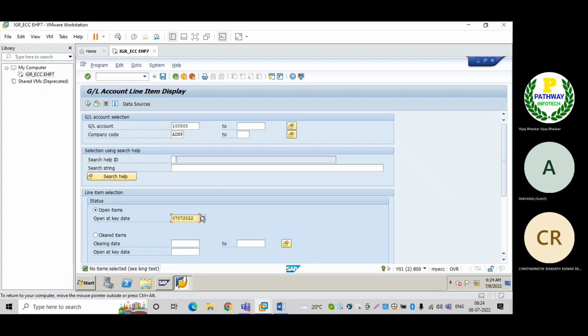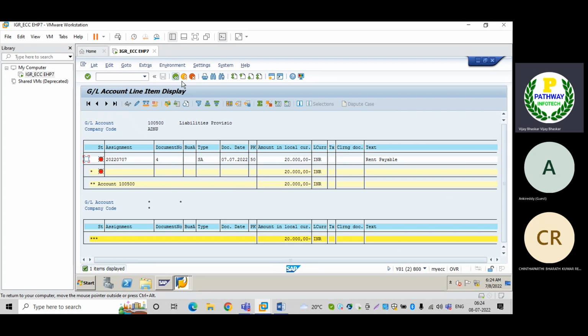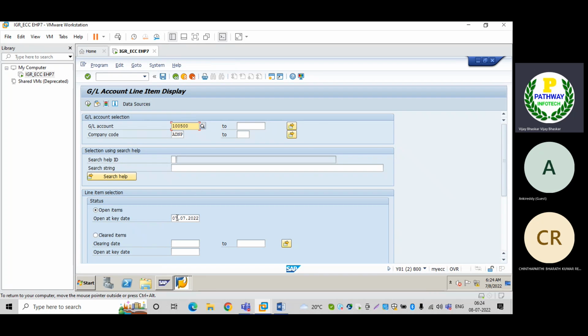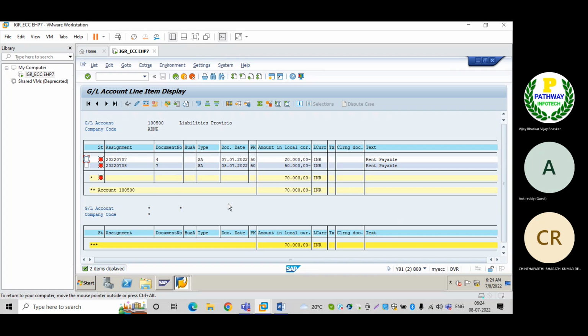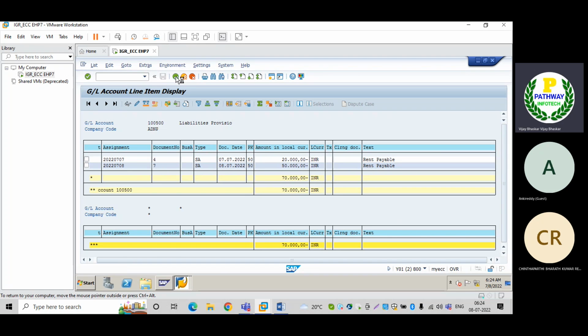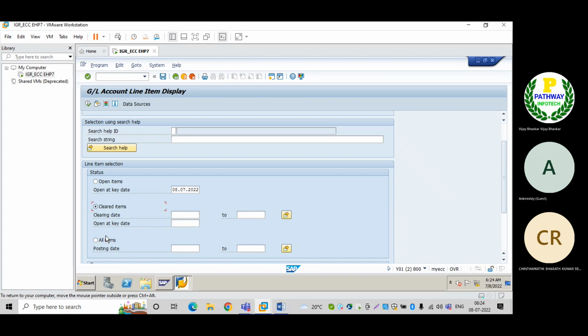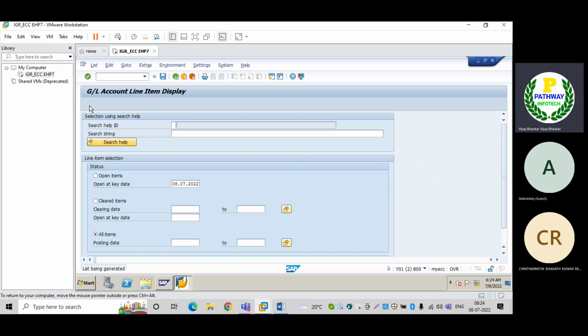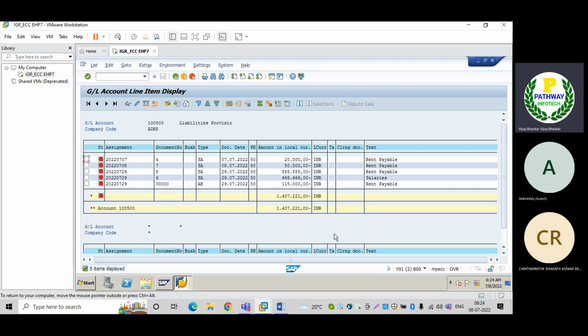Then 07/07 I will give. Still it is only one line item which is appearing. I'll give today's date. Let me go to the items. Okay, now you can see